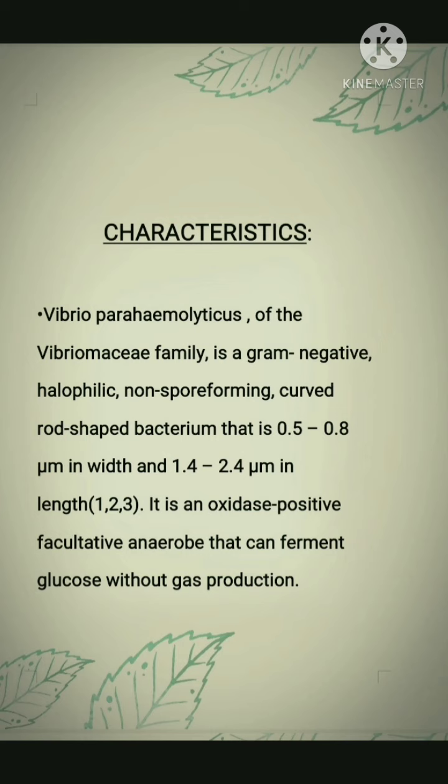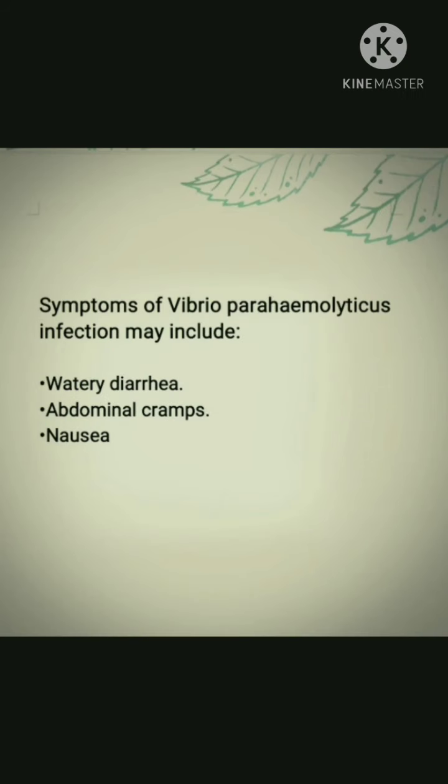Characteristics of Vibrio parahaemolyticus. It is of the Vibrionaceae family, a gram-negative, halophilic, non-spore-forming, curved rod-shaped bacterium that is 0.5 to 0.8 micrometers in width and 1.4 to 2.4 micrometers in length. It is an oxidase positive facultative anaerobe that can ferment glucose without gas production. So this is the